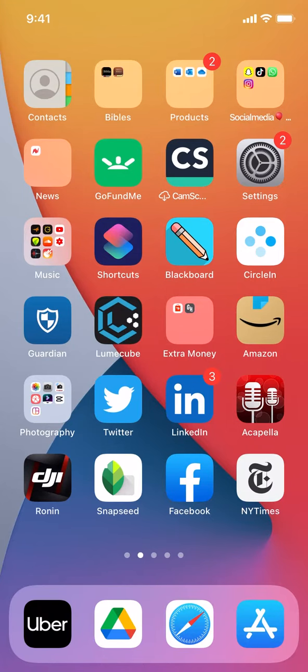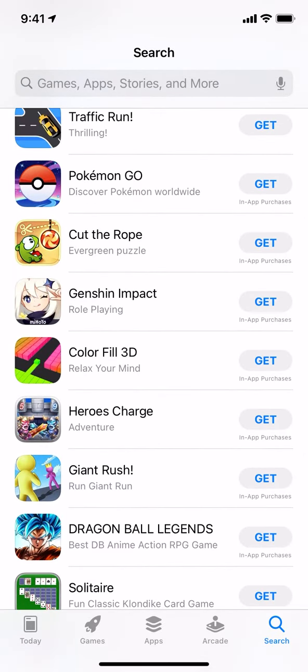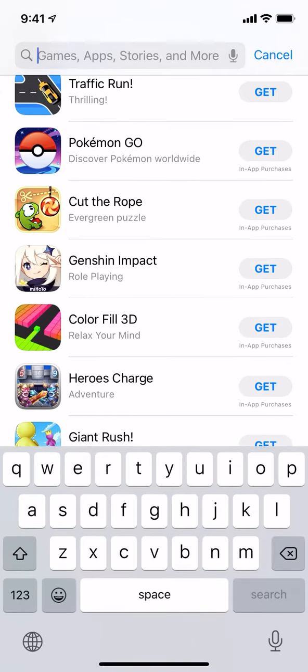Like I said, I'll show you how to download the Wall Street Journal app. We're going to start by opening up the App Store on your phone. Tap that. Then you're going to arrive on this main screen right here. Once you arrive on this main screen, look up at the search bar. Tap on that. Then you can type